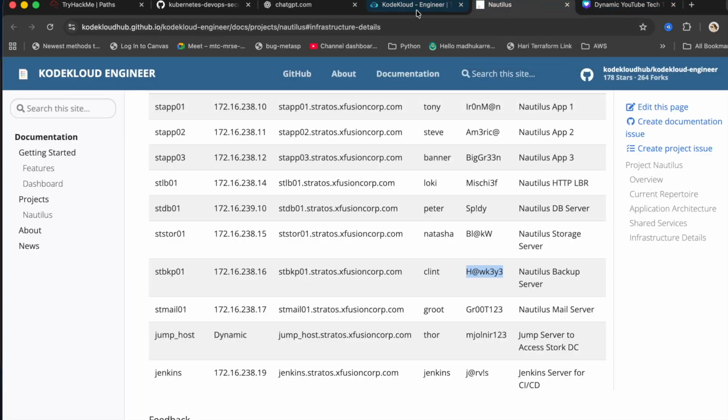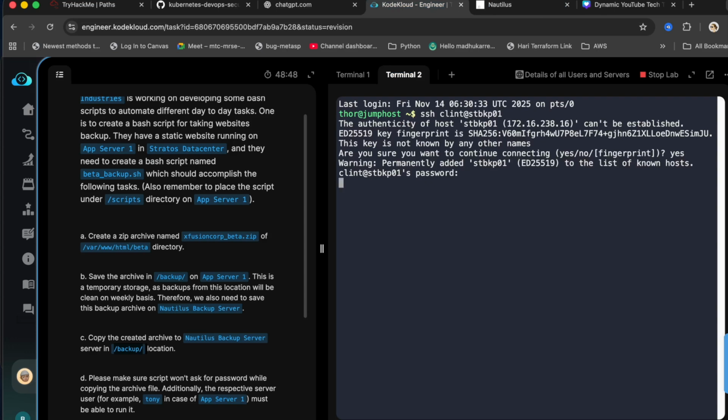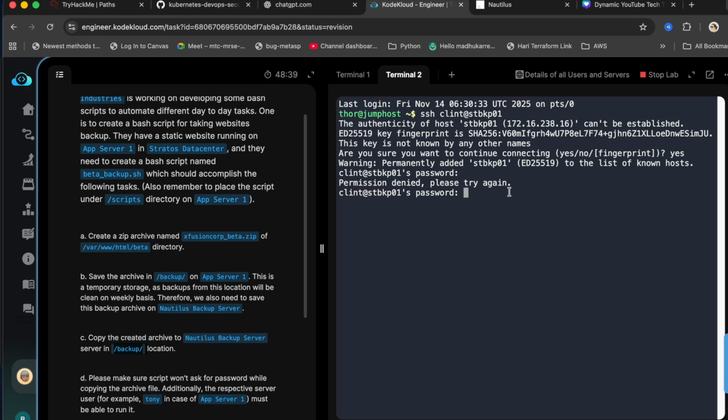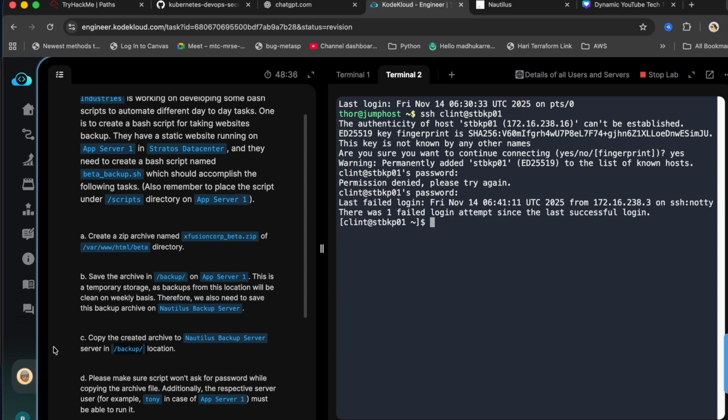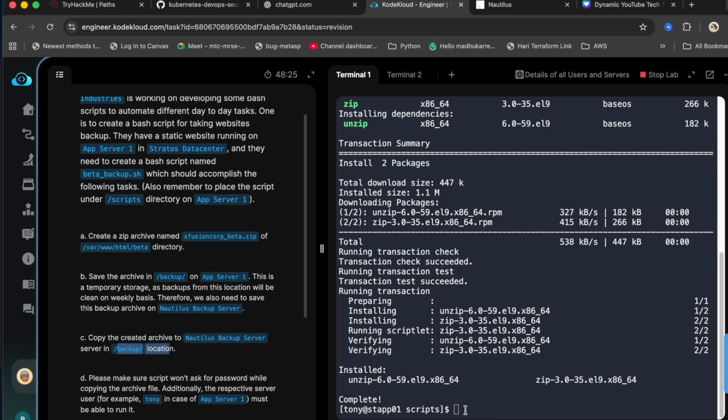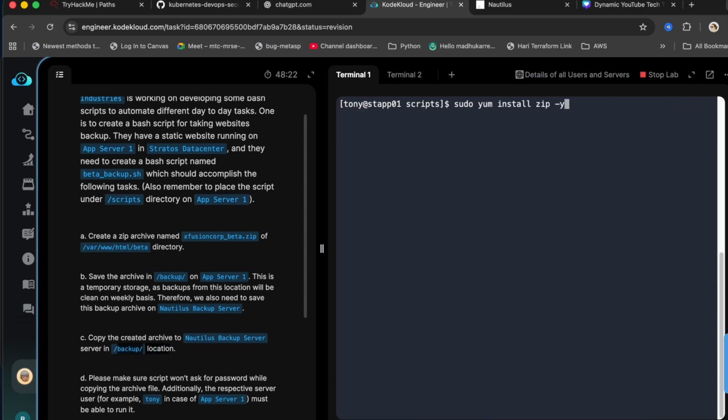So copy the password. Oops, let me copy again. Now let's go to this directory, cd /backup. So nothing in here now. So this zip has been installed. If I rerun the command, it's asking for the password to copy that file to this backup server. But as per the task, what we need to do while running